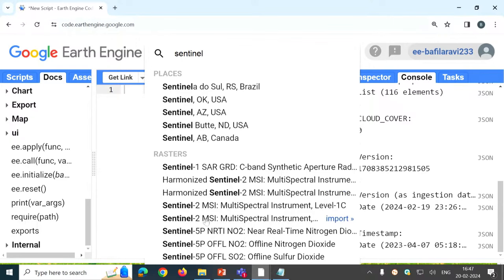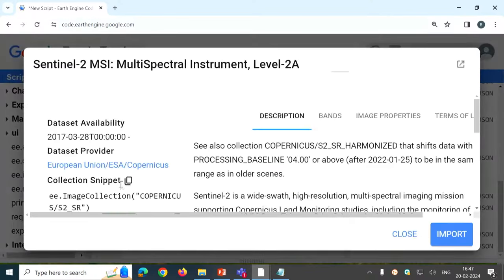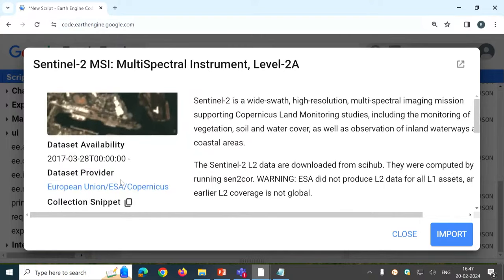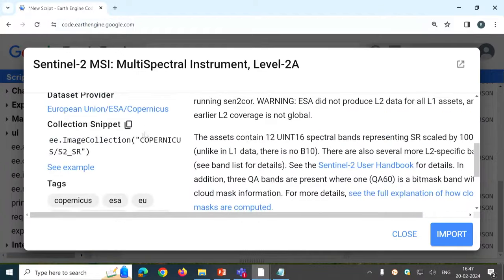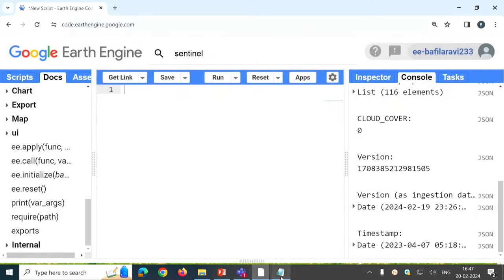If we look at Sentinel-2 MSI, this is the Sentinel-2 image collection. This image collection contains all the images which have been acquired by the Sentinel-2 satellite over its lifetime. From there you will get the